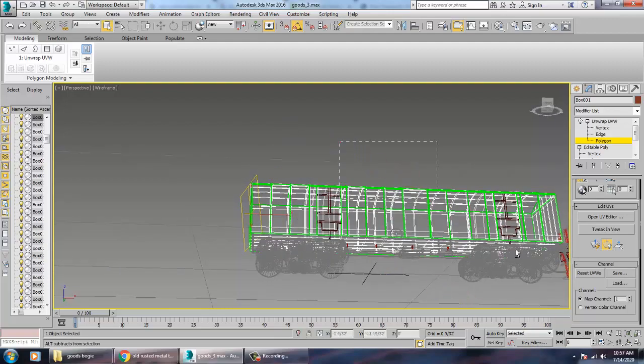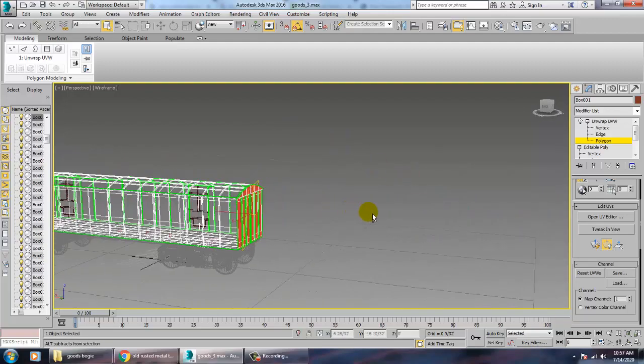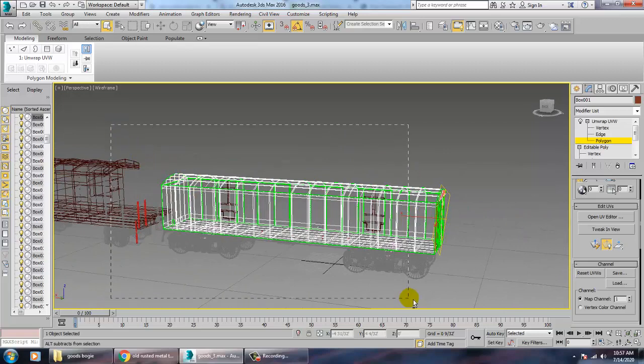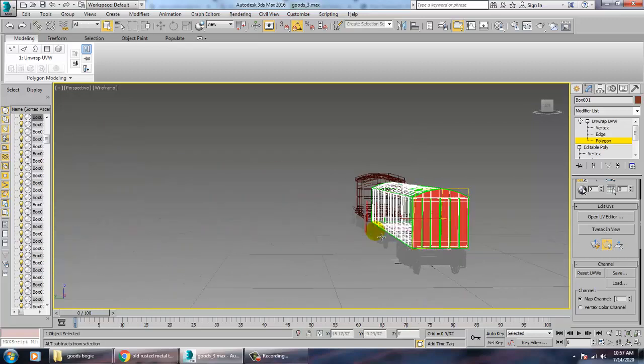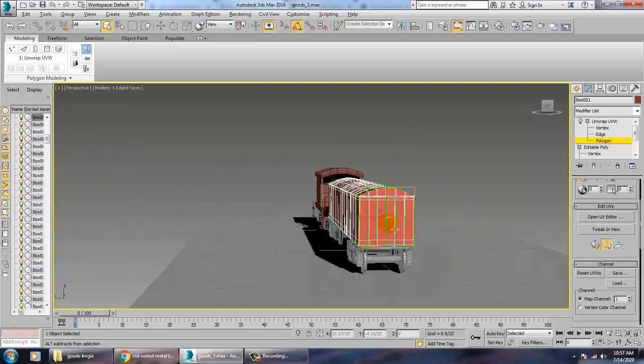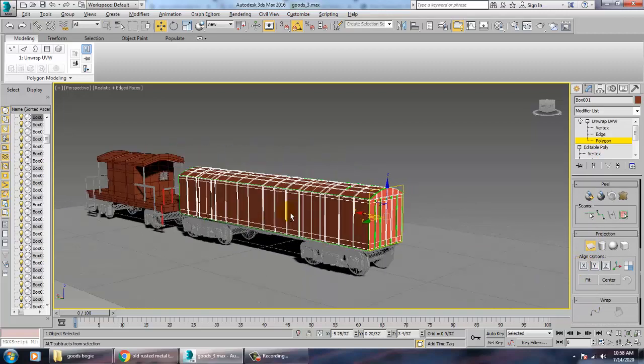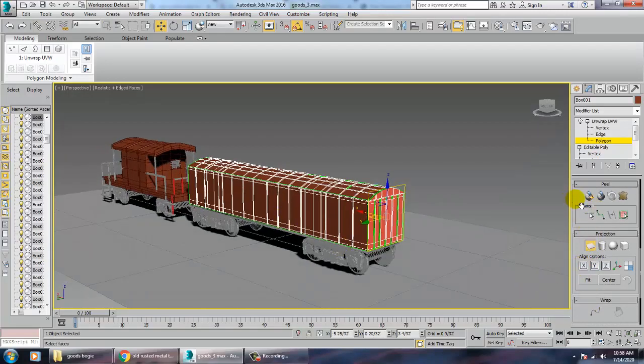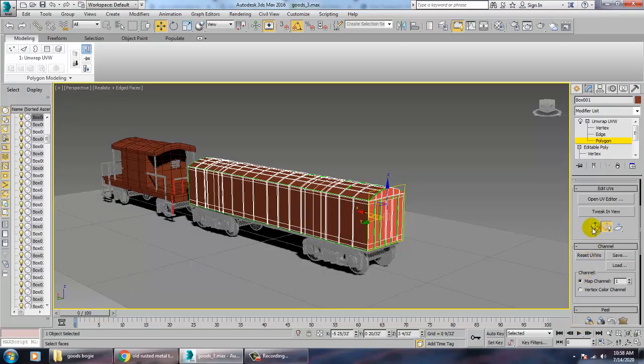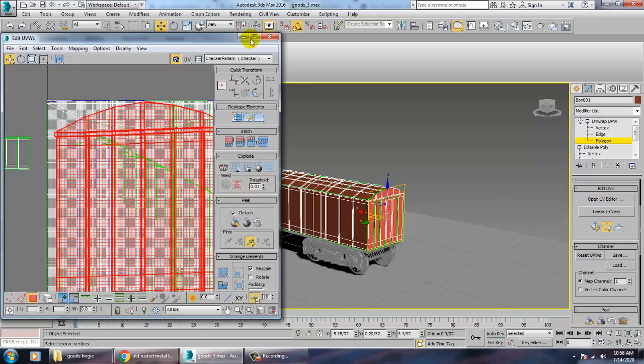There are many chances that some parts are selected. So go into the projection X and quick planar map, open UV editor.